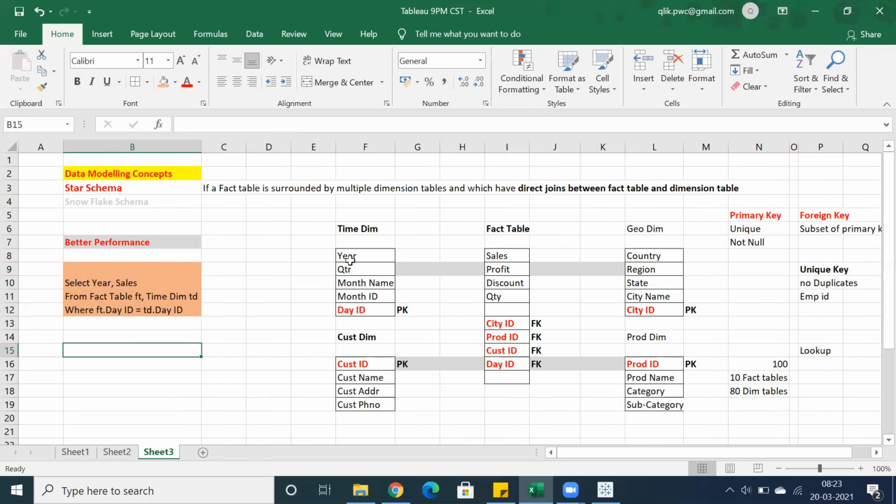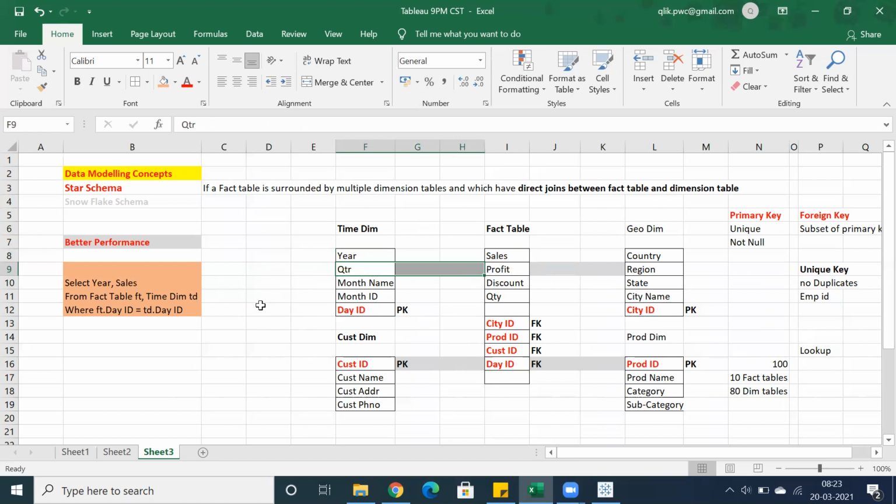To create a year-wise sales report, this is year and sales. We should have a proper join, right? If you don't have a join between the tables, you'll get all the combinations. You'll get all the unwanted records. That means it's a kind of cross join. Cross join is an error. I'm going to tell you what all the types of joins are and how they help. But let's understand this. We have a primary and foreign key to establish the relationship between the tables. That's the first point. And you can see here between fact table and dimension table is a direct relationship, right? Only one single path. You can see this one link.